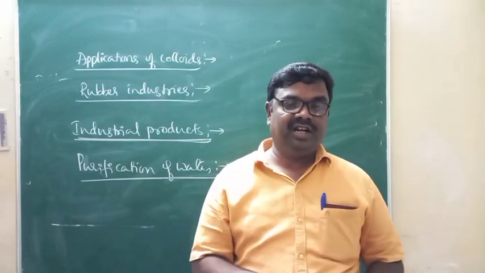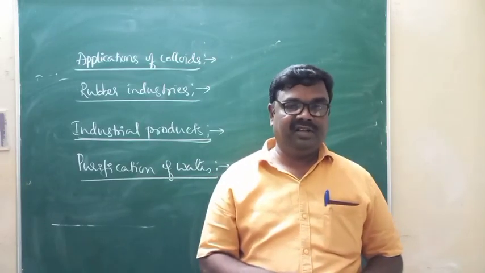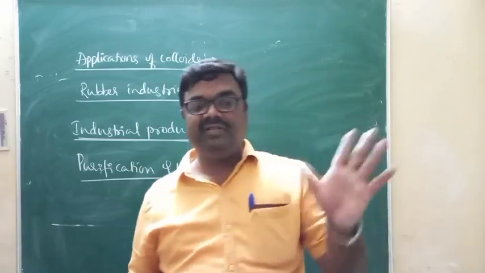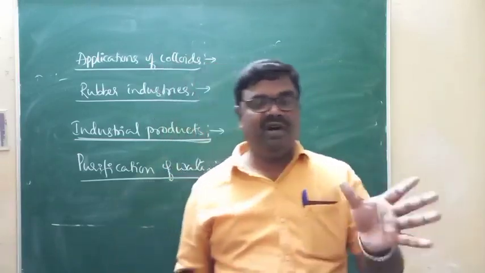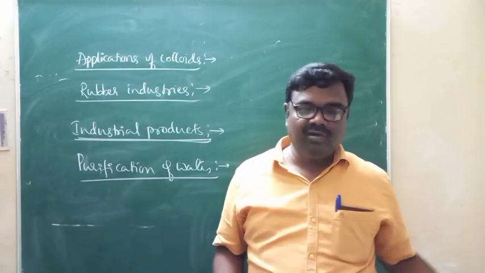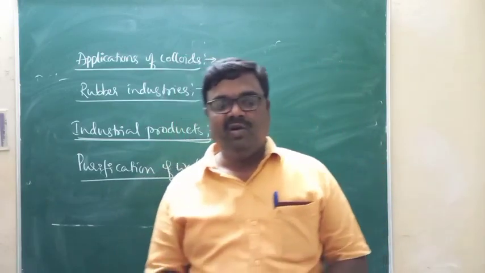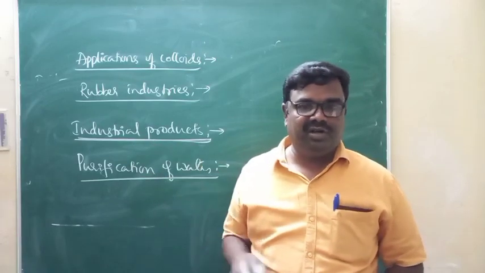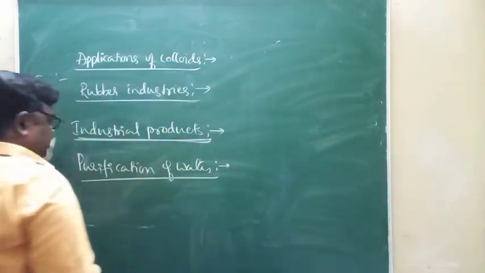How does potash alum do this? It provides Al3+ ions and K+ ions. These ions neutralize the negative charges over the colloidal mud particles in water. That results in coagulation of mud particles, thereby water will be free from colloidal mud particles. That is, in purification of water also, we make use of the properties of colloids.